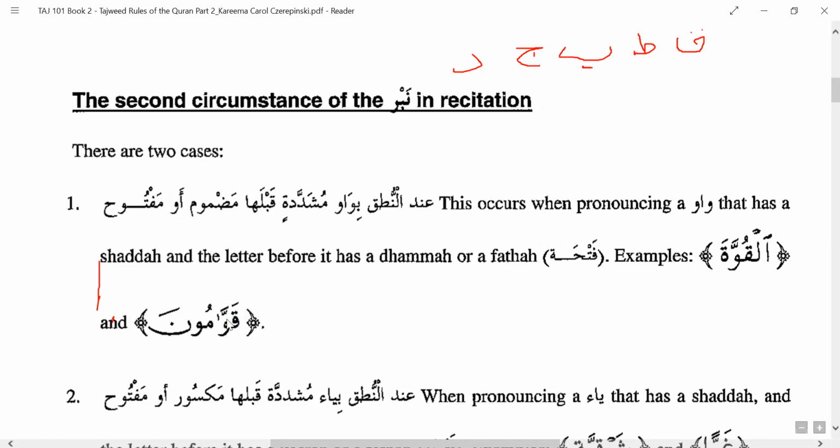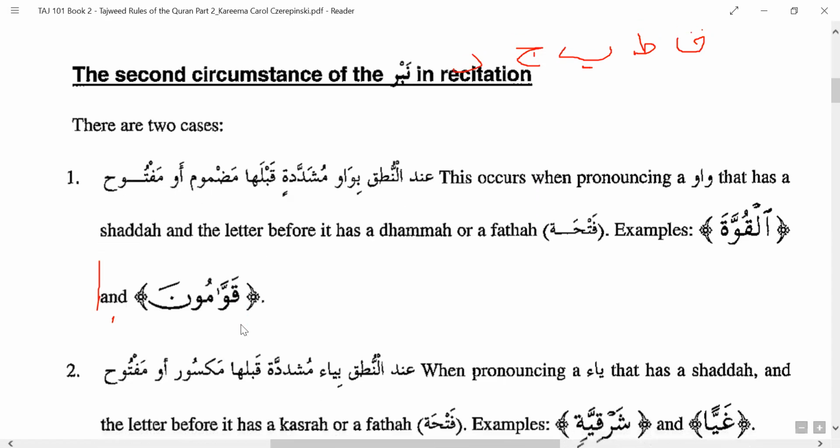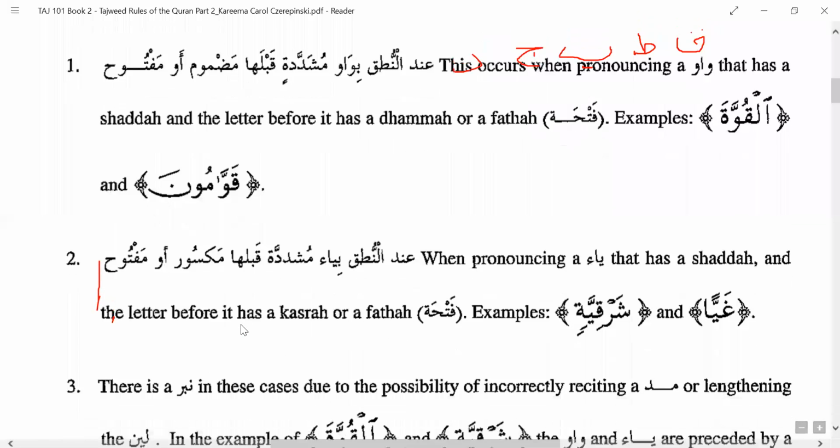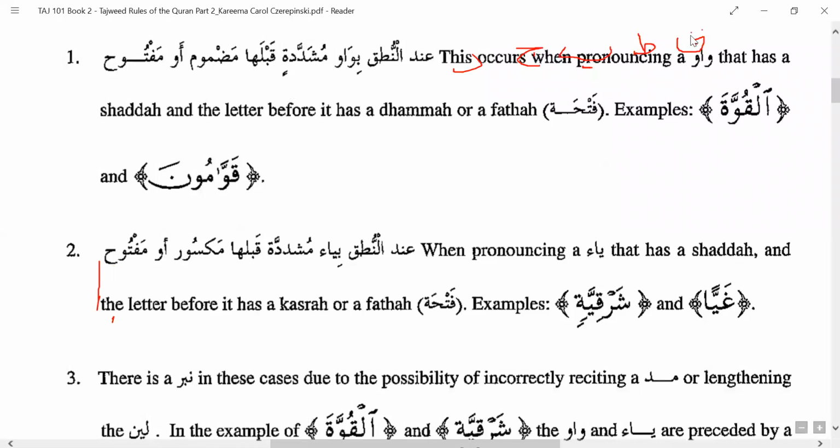So here again you have to pronounce that waw. So you have to do nabr, the same way as with waw. Even ya is a mad letter, right? So when ya has a shadda, and before this you have a kasra or a fatha, then because fatha plus waw sukun means lean, same thing, fatha plus ya sukun is also lean. Dhamma plus waw is mad, kasra plus ya is mad.